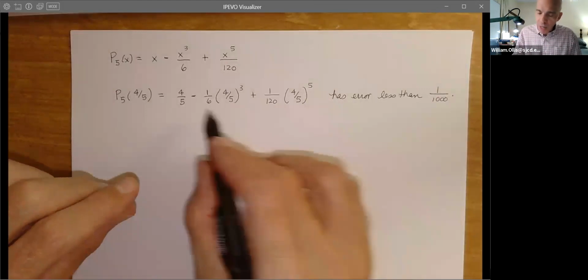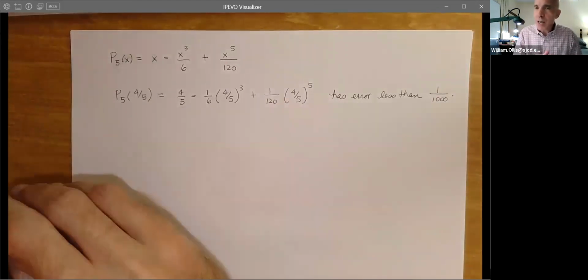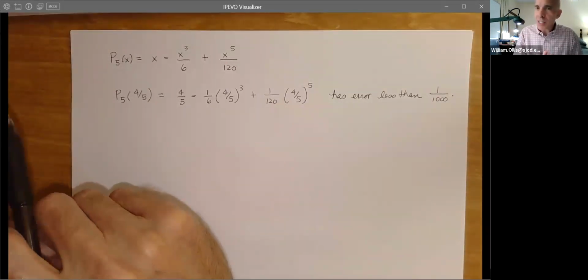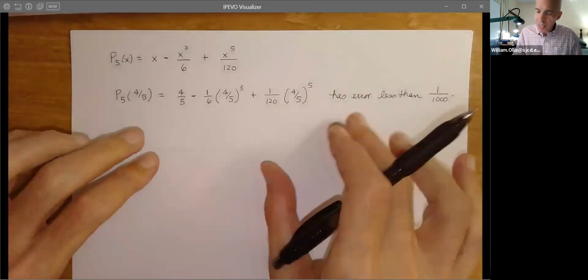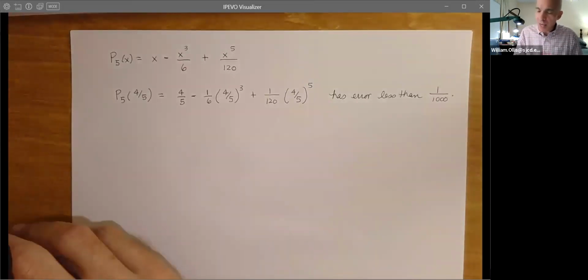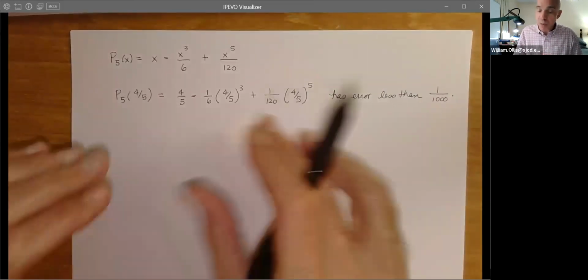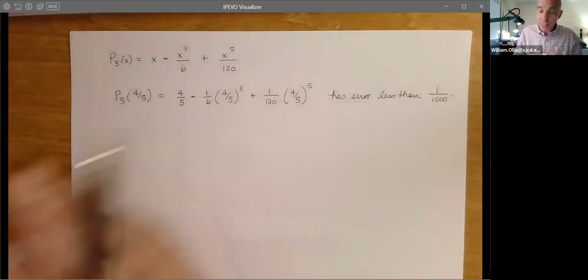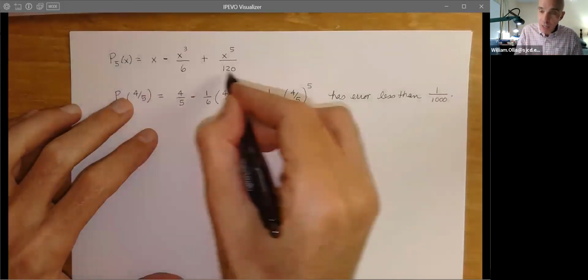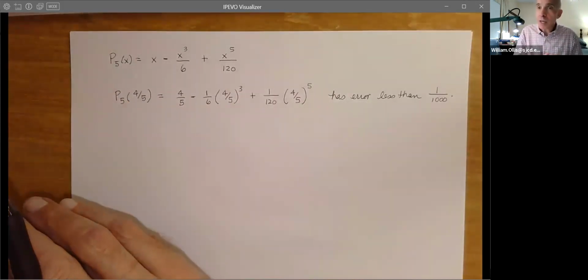You know, go to your Google calculator and test it out and compare it to what they produce for the actual sine function. And so you can see that the error is preserved, that we do have an excellent approximation. So this may be more than enough. Maybe you're doing a physics calculation and this will give you more than enough accuracy. You're doing a problem in engineering, this will give you more than enough accuracy.